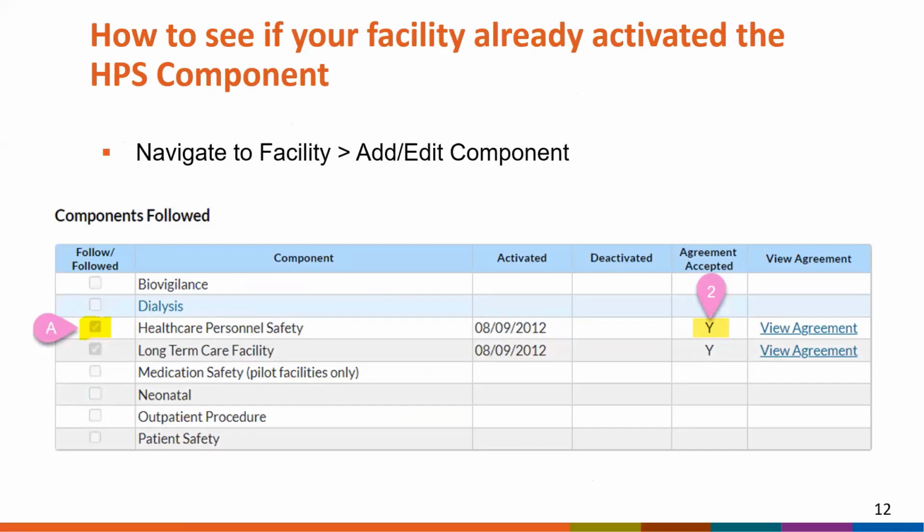To see if you and your facility have been activated in the HPS component, navigate to Facility, Add/Edit Component, and see if the box next to Healthcare Personnel Safety is checked, as shown next to the letter A on the screenshot. If it is, then the component has already been activated. If the facility administrator has also accepted the agreement to participate and consent, as shown by the number 2 here, you are ready to report annual flu data.